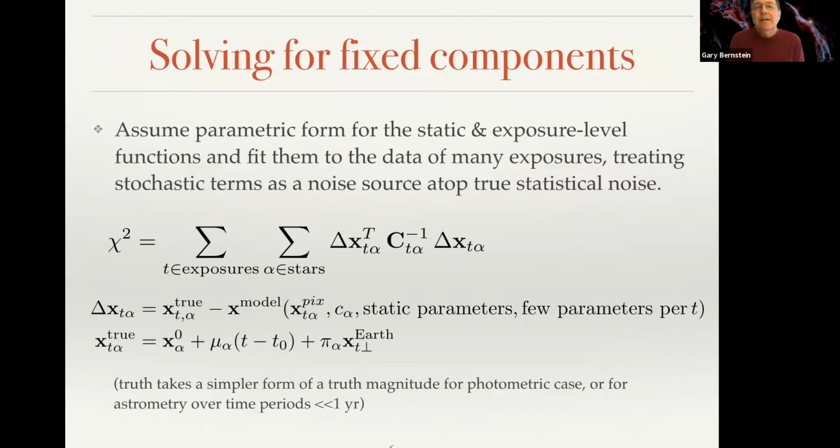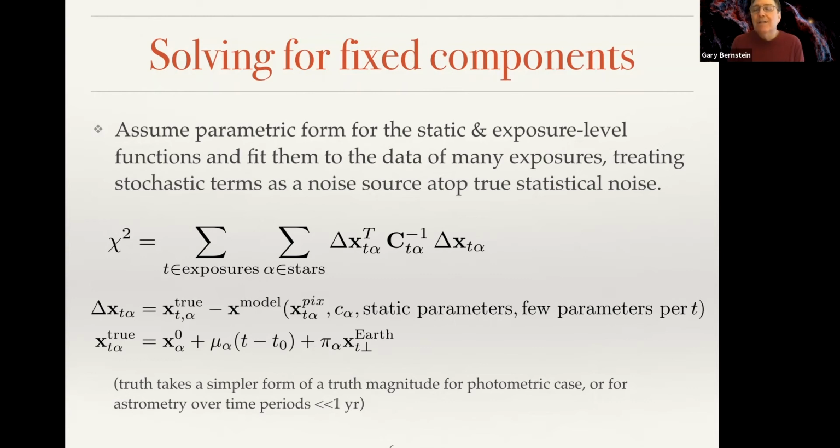So let's just ignore for a moment those stochastic things, and because they're stochastic, we can, for the moment, just consider them to be an extra source of noise to all of our measurements of individual stars that we will add on top of the true statistical noise from photon statistics. And the techniques that I will describe to you for deriving these fixed components, there's nothing really special algorithmically about